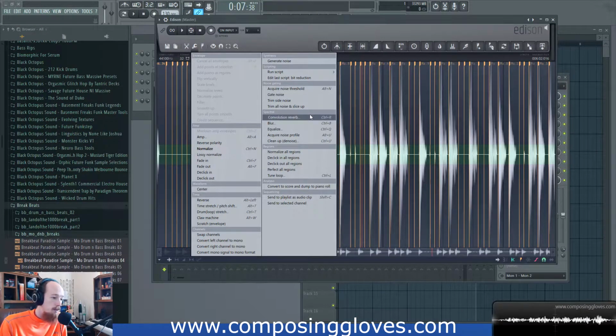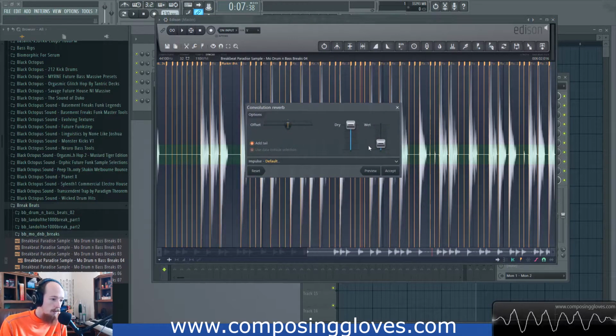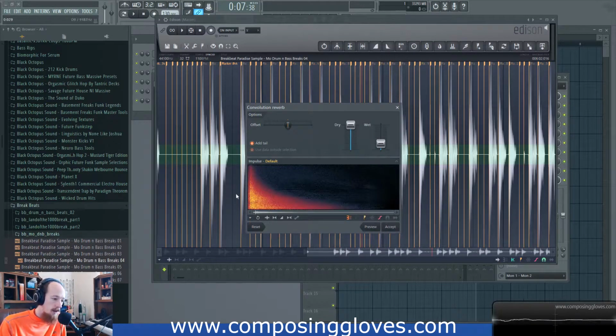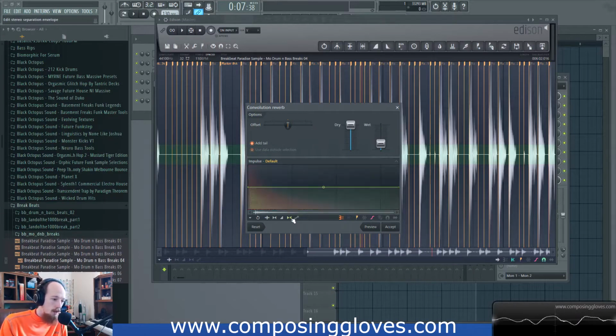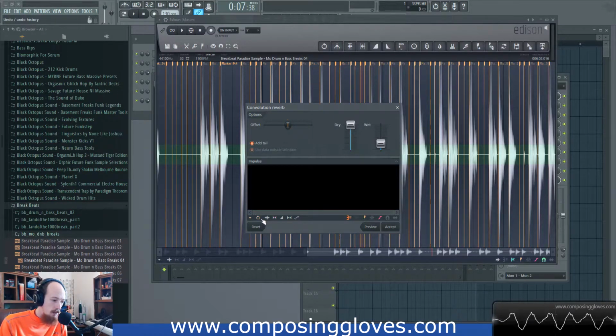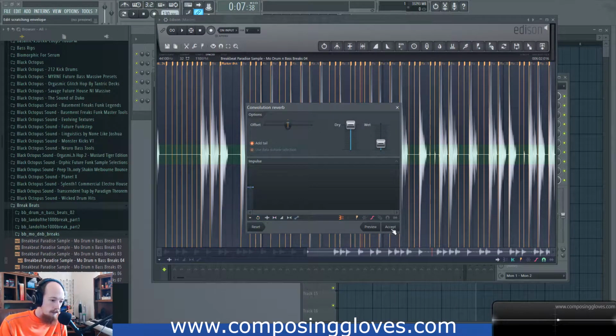We have spectral options here. So these are specialized options for processing the audio. I'm going to leave it the way it is, and let's do the convolution reverb. So in here, we have our convolution reverb. We're able to offset it, add a tail. Otherwise, it would just chop it. So when you apply it, I'll show you in just a sec. This is our impulse response. I'm assuming you know what convolution reverb already is. You notice we have similar graphs in here, so they give you quite a bit of options. Whoops. Let me reset this. And now if I preview it,